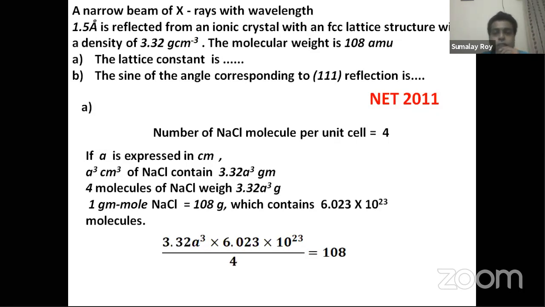And if you solve this, you get A, it becomes something like 6 angstrom. So that's what I wanted to point out. I wanted to stress time and again: please don't depend more on your memory, but depend more on your understanding. I didn't use any formula in this problem. Now, if we have done part A, part B is very easy. This is an FCC structure.